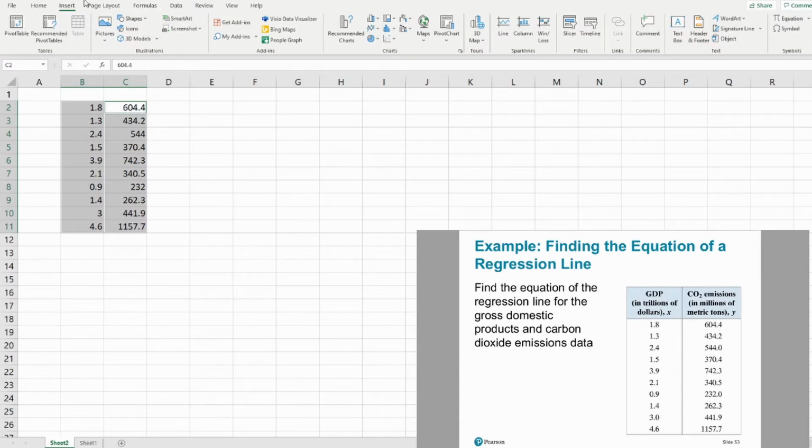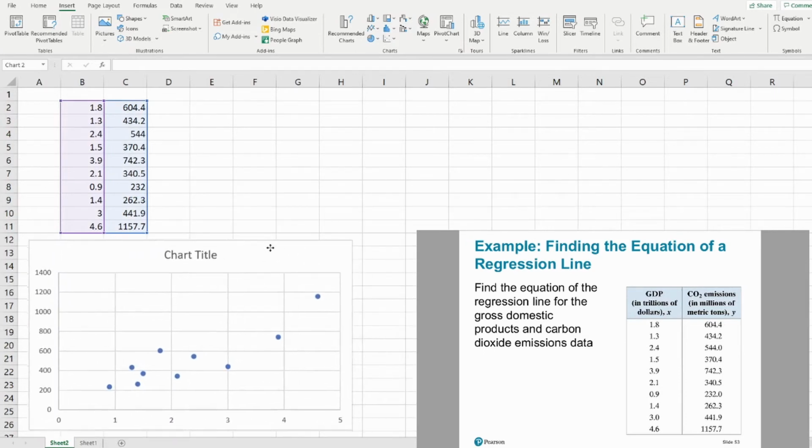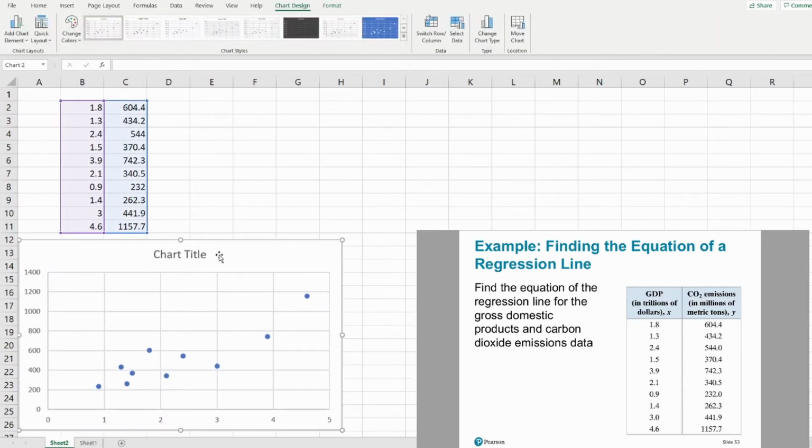So you go into the Insert menu, and then look at the one that looks like a bunch of dots in the charts settings, where you can click on that, and then you have one that says Insert Scatter, where you're going to pick the one that looks like a bunch of dots, and you're going to get this scatter plot like so. I'm going to move it out of the way of my recording thing and give it just a pretty basic title for what we're looking at, which is GDP versus CO2 emissions, where you can see that scatter plot like